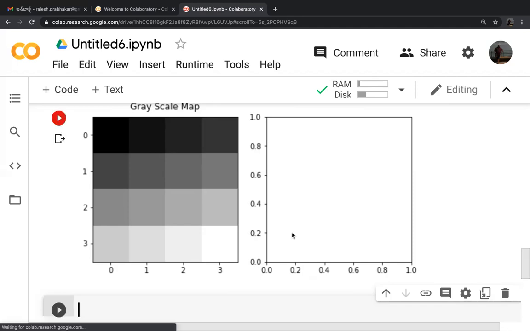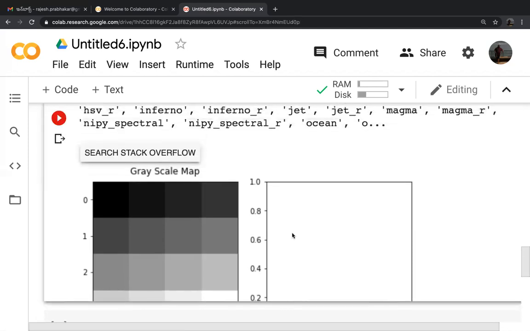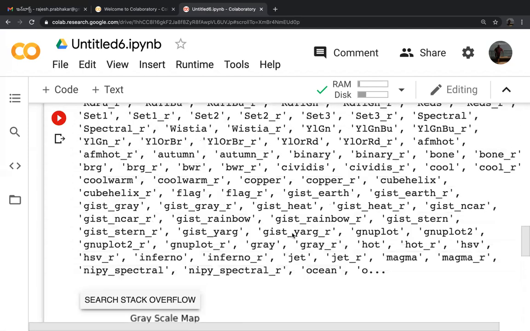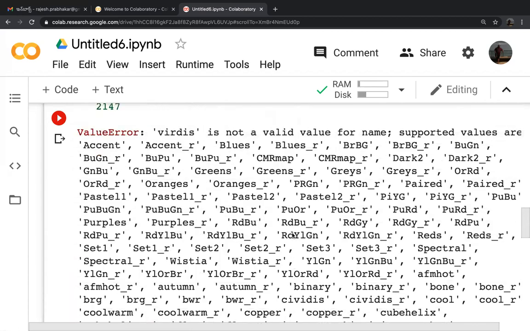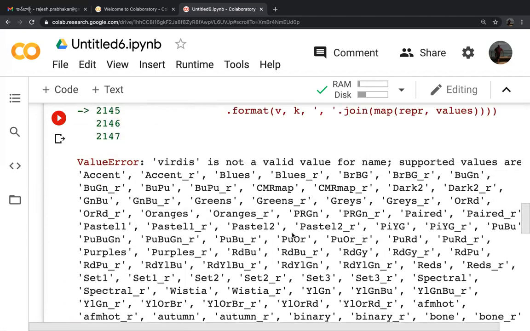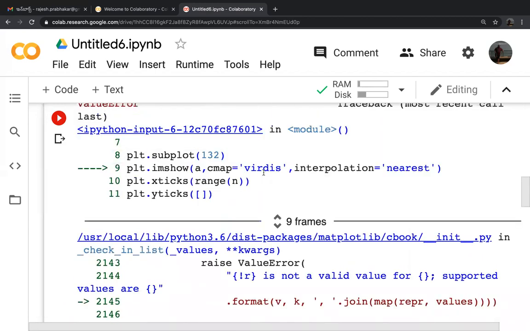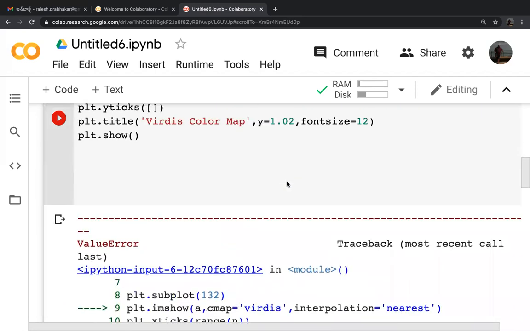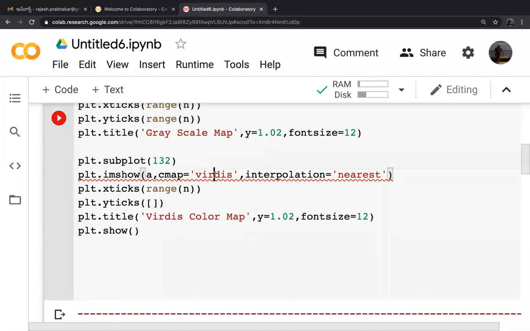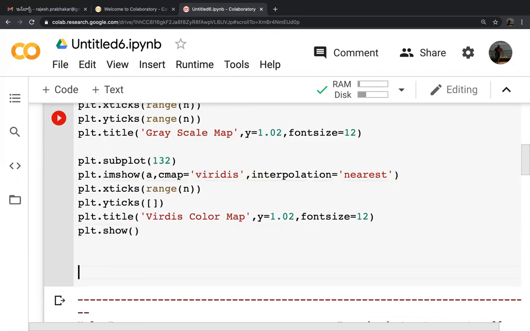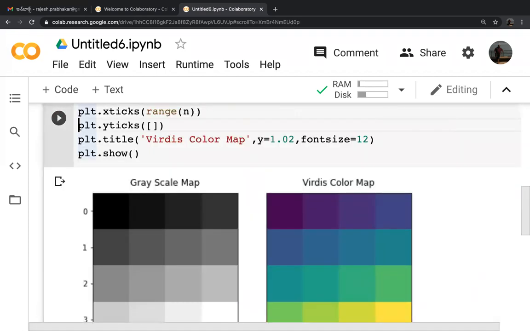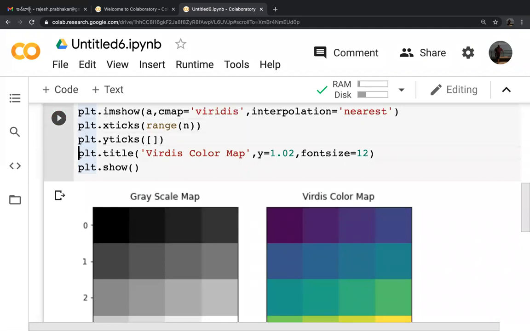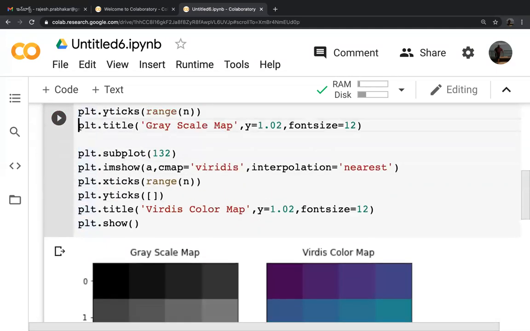Oh, the color map didn't come. Okay, it is pointing to some change of color. This is not a valid name. Viridis, Viridis. I made a spelling mistake, so let me correct it. Now you can see the Viridis color map. Initially, we created a gray map.